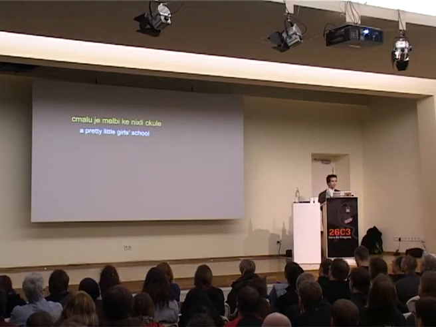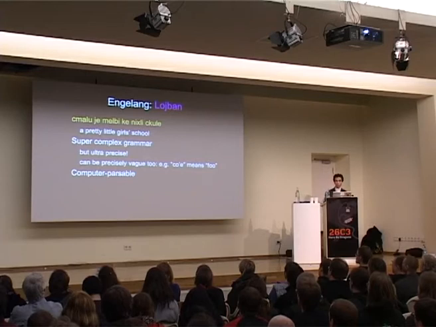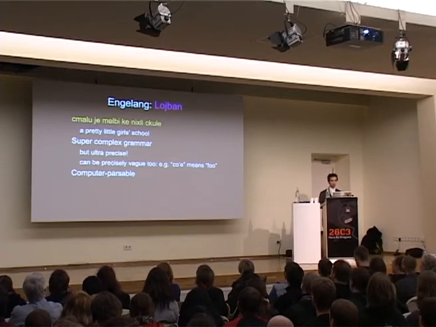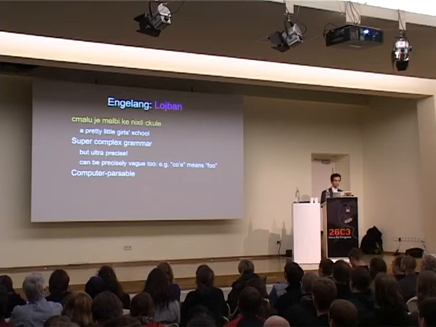Anyone recognize that? Lojban, yes. So in English, a pretty little girl's school could mean about 10 different things. In Lojban, you can be very specific about which one you want. This one happens to mean a small and pretty school for girls, as opposed to, for example, a school belonging to a somewhat small girl, which is, again, a pretty little girl's school. There's a trade-off, of course. It's more precise, but it's also kind of complex. Anyway, speaking of Lojban,